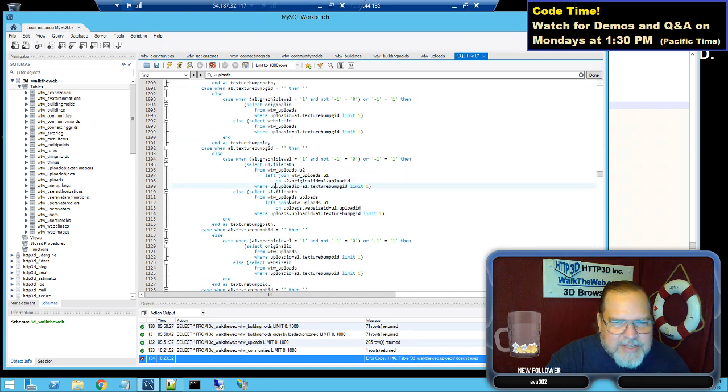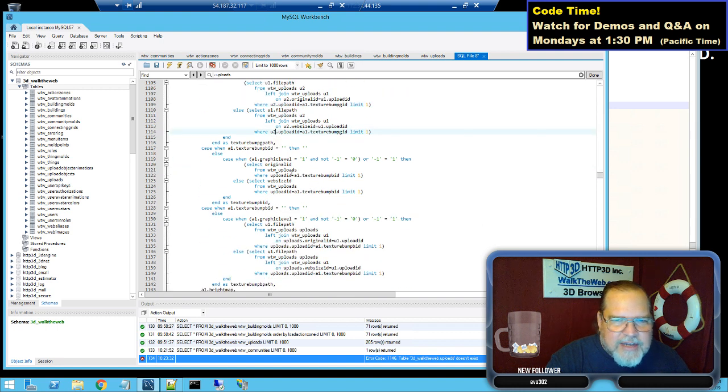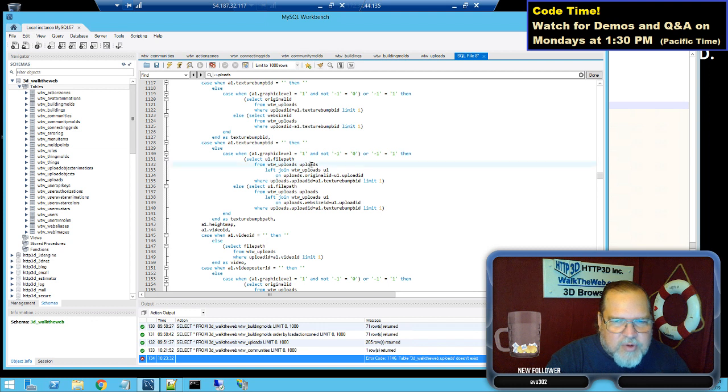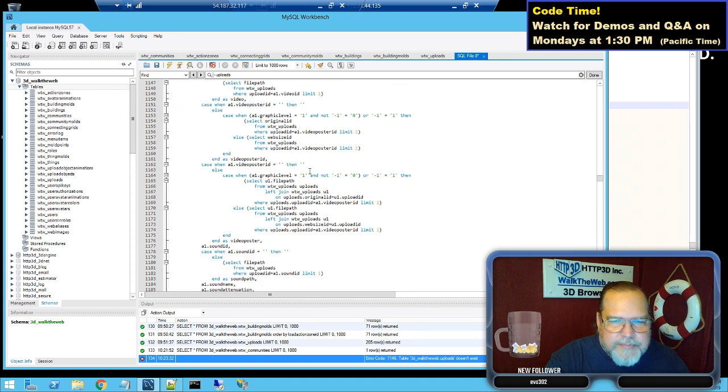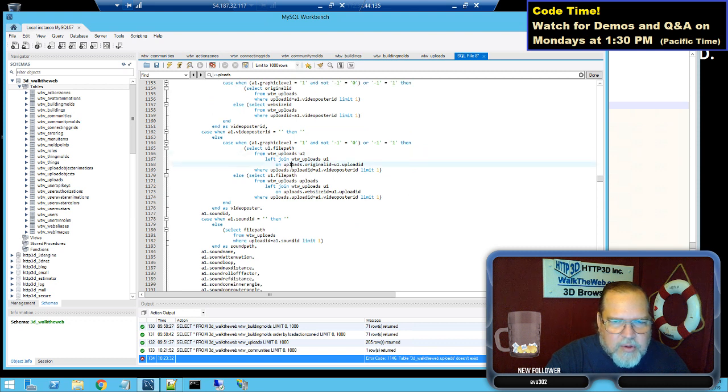So a lot of pieces, a lot of parts, a lot of reasons, and also there's a lot of images that are being drawn from. So put that all together and we have one really long SQL statement with a lot of case statements built into it. Okay, so going through these,